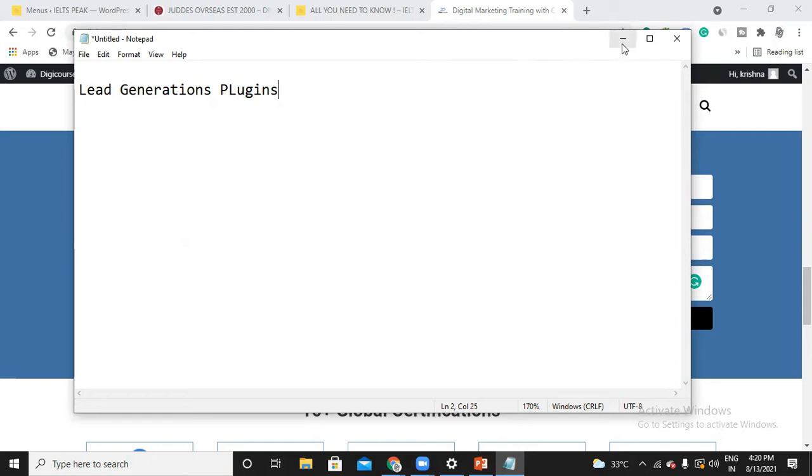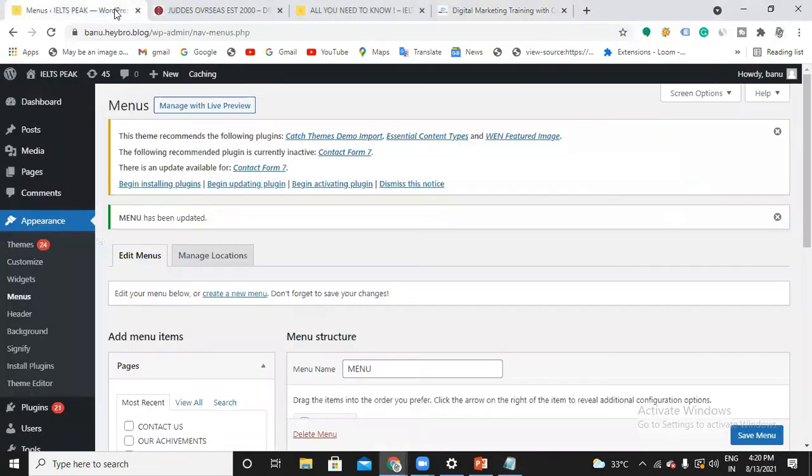Simply, plugin means take your mobile phone, guys. Once you purchase a new mobile phone, by default you will be getting a few applications, right? Like Facebook, YouTube, Play Store, a few things. But if you want extra features or extra applications, what will you do? You install them from the Play Store. The same here.